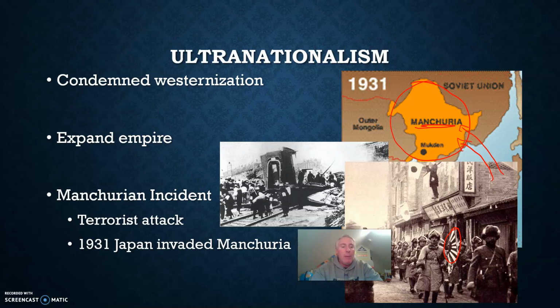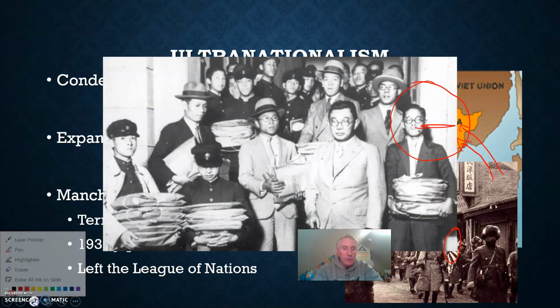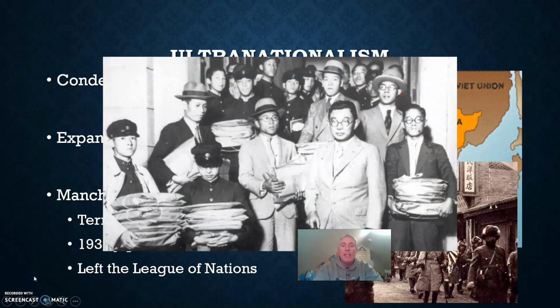The League of Nations, now remember, that was the international peacekeeping organization created after World War I. The League of Nations condemned the attack. And in response, Japan simply left the League. They literally just got up. Here, let me erase this. All right, these are all the Japanese delegates after they had walked out of the League of Nations. You see all of their papers and all their documents walking out. The League of Nations members stood up and said, "You can't do this, this is bad." And they said, "Well, what are you going to do?" And the League of Nations said, "Well, if you do this, you're out." And they said, "Okay, fine, we're out." And they just walked out right then and there. It really showed how powerless the League was to enforce peace and hold back aggressive nations such as Japan.